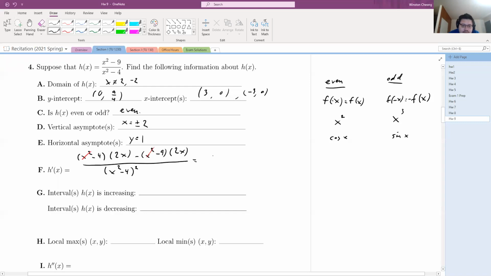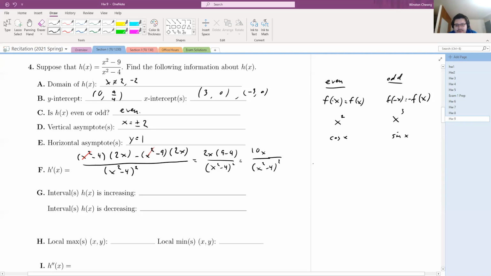how do I do this? 2x times 9 minus 4 over x squared minus 4 quantity squared. So this is a 10x over x squared minus 4 quantity squared. And that's all you can do to this. Right. Okay. And so now we can answer G, which in order to do that, it's best to just create